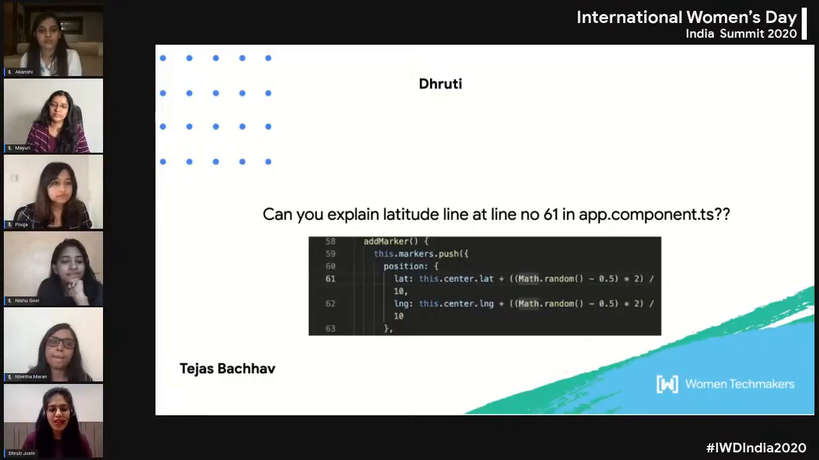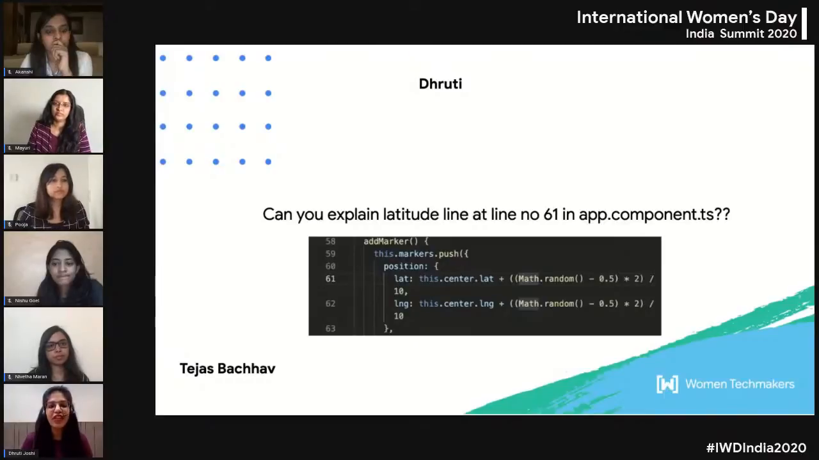If we go to line number 61, first I've used this.center.lat. So what is the center? Center is the object of the type google.maps.LatLngLiteral. It contains the latitude and longitude of the current location. So if we talk about latitude, then this.center.lat contains the latitude of the current location,